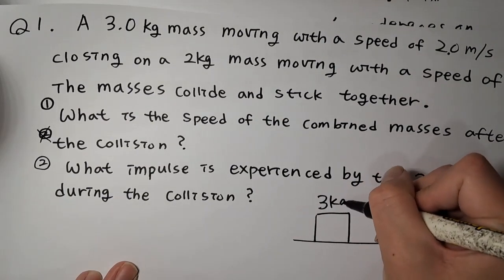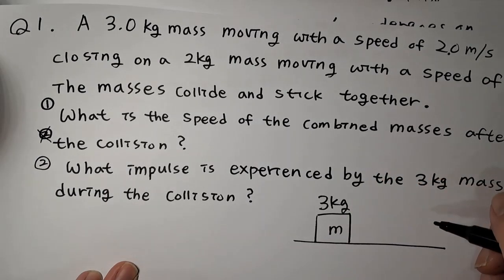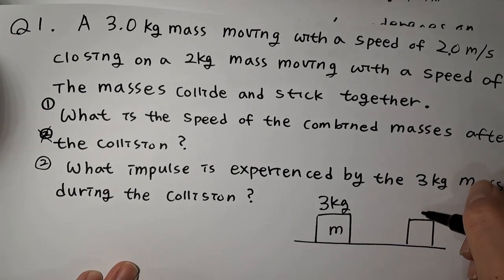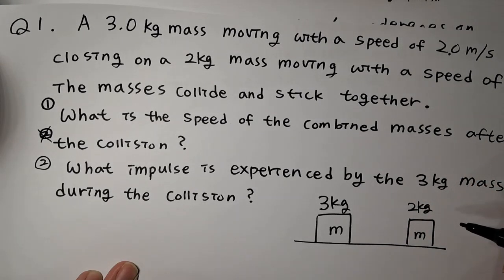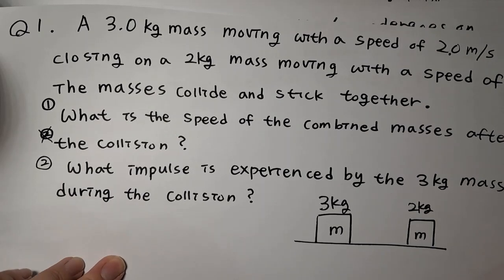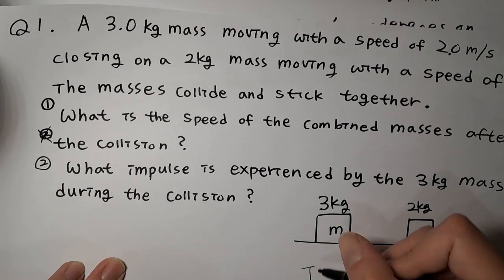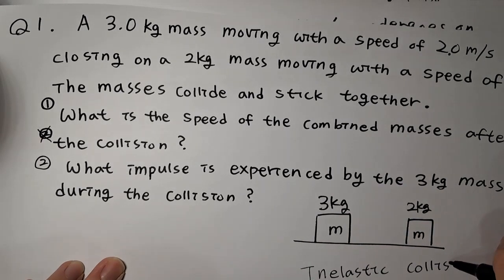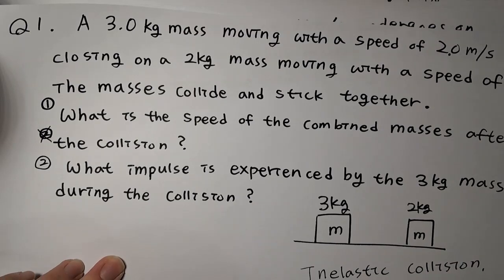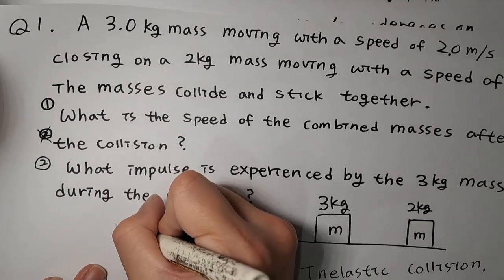So this is the 3 kilogram mass, and this is the 2 kilogram mass. They collide and stick together. This means this collision is perfectly inelastic. Momentum is conserved and